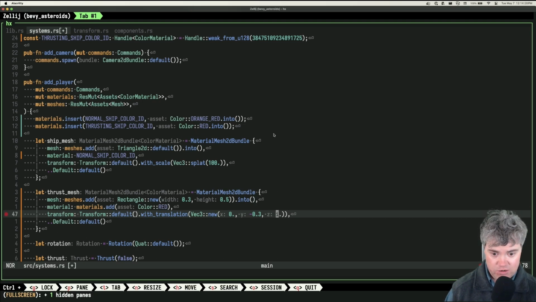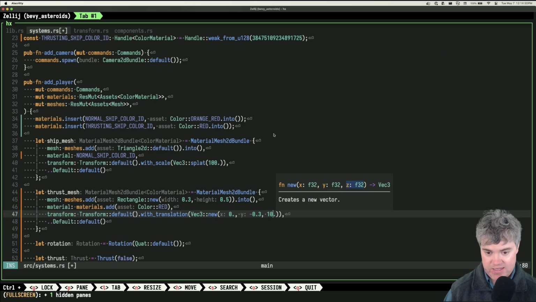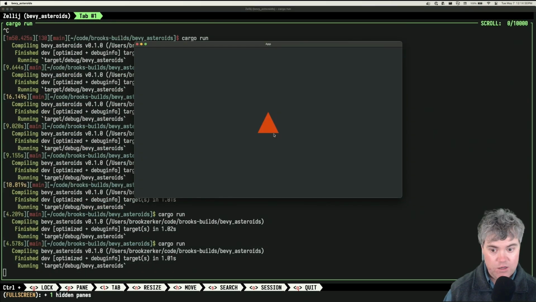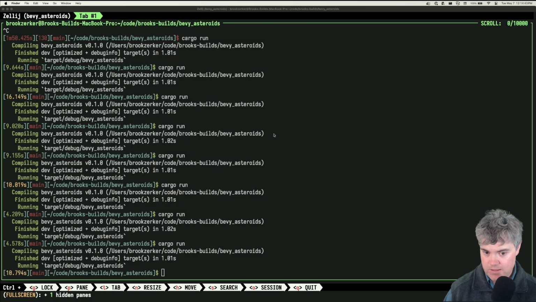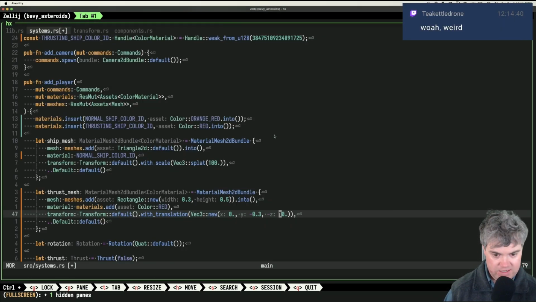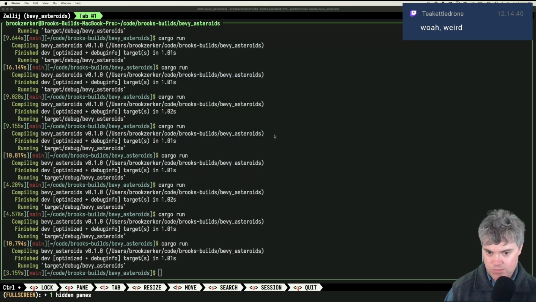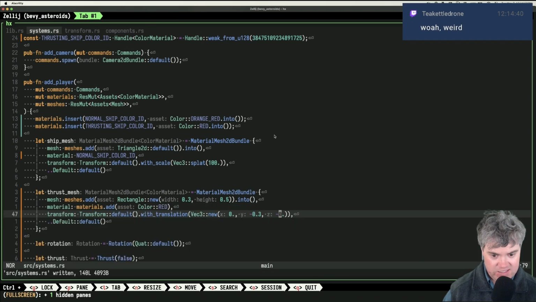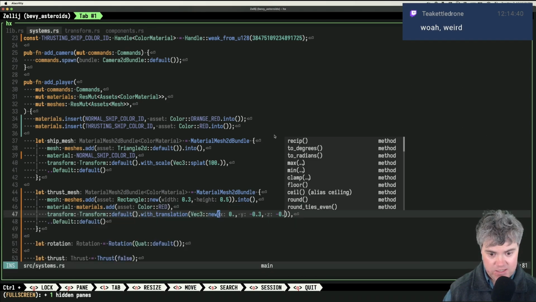anything other than 0. So if I have like 10 on the Z, no longer displaying. Interesting. Negative 10. Still not displaying. Is the camera only seeing 1? Back to 0 again. Okay, so let's try this.